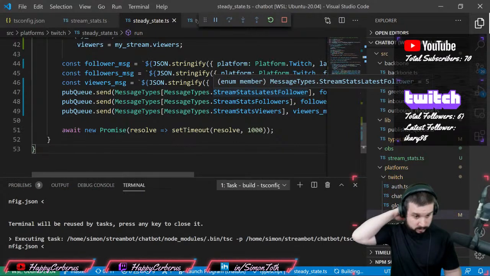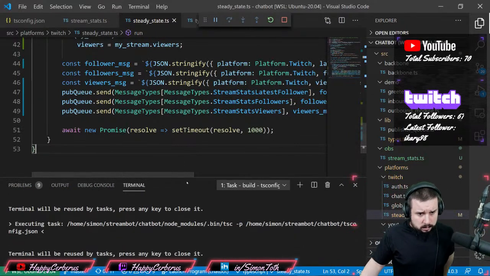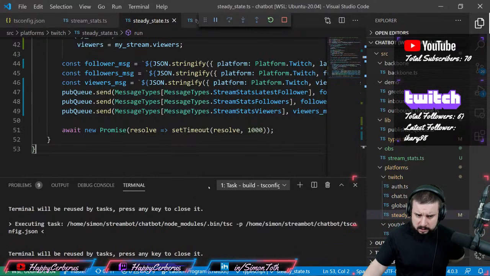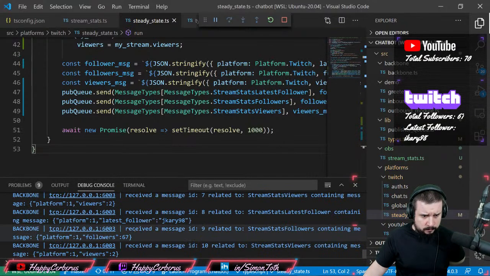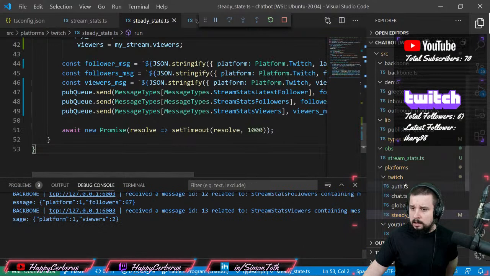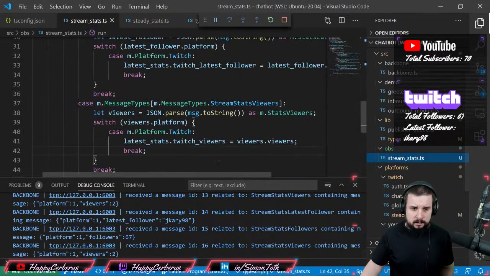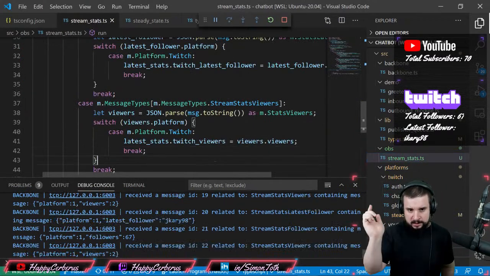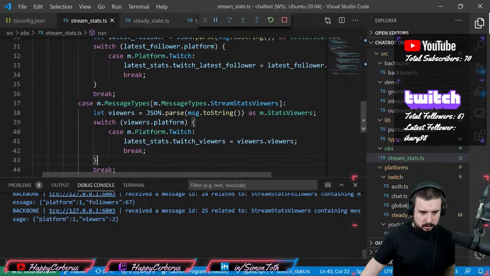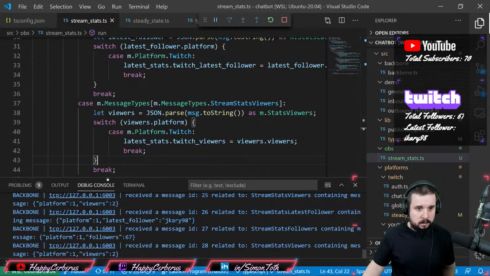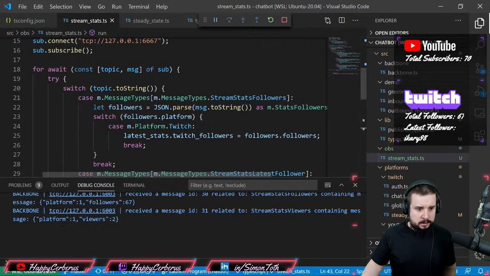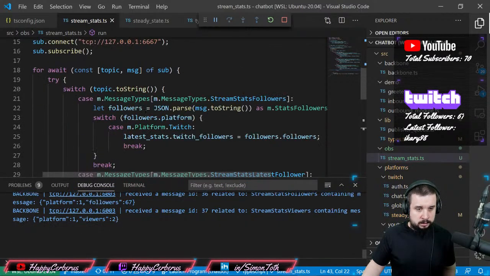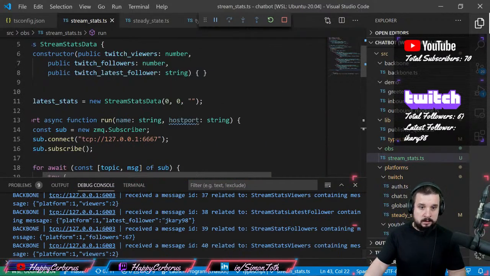So let's see if that works, or if I still have some misspelling somewhere. Oh, seems to be working. Okay, cool. So now we have the ingestion part that basically updates the stats based on what it's seeing coming in. The part that's missing is the actual socket, right? So I will need